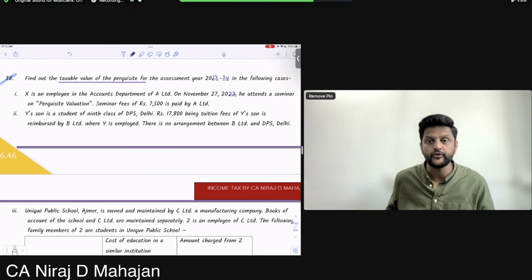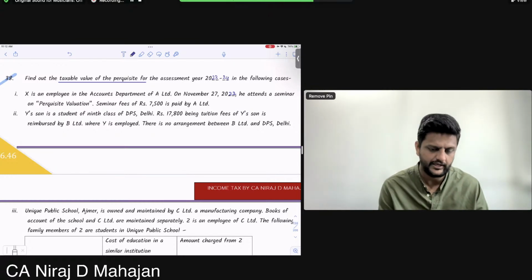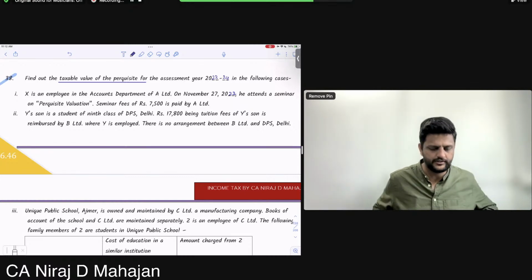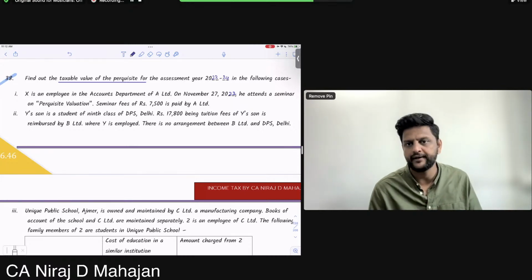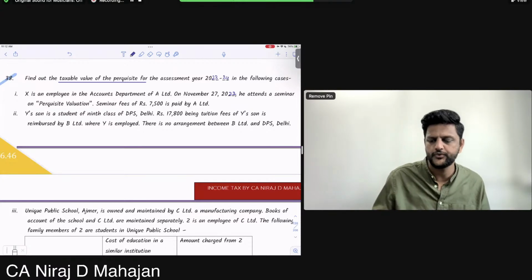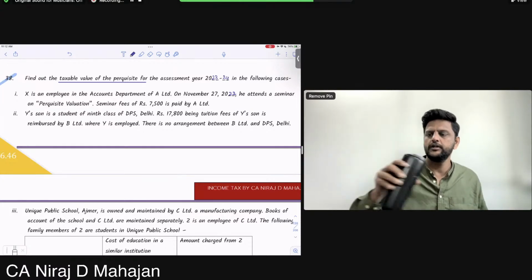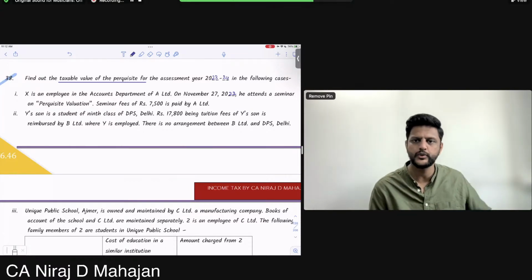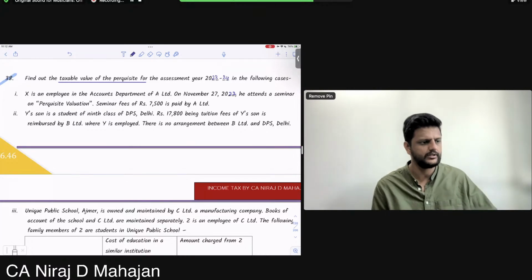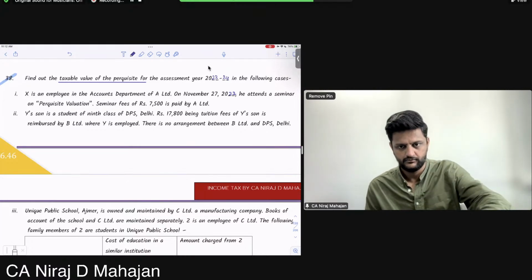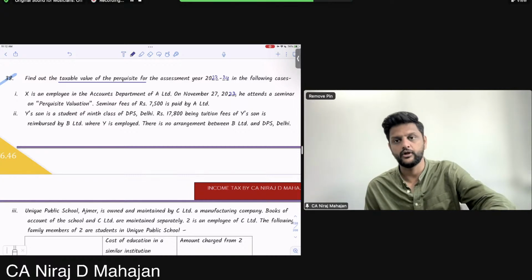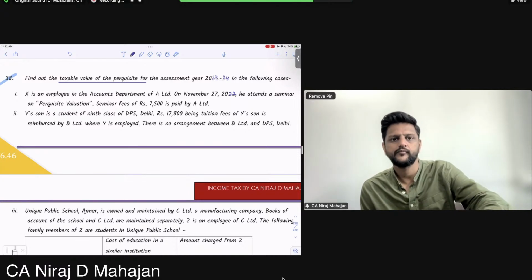Tell me. First of all, you have to identify what they are asking in the question, taxable perquisite or perquisite. So it is perquisite. But you'll have to find out which category of perquisite this is. If you are unable to find the category, then you'll have to dig into the residuary, balance one. But still, you can find out and tell me. And obviously tell me what the final answer is, how much taxable, not taxable, whatever it is.